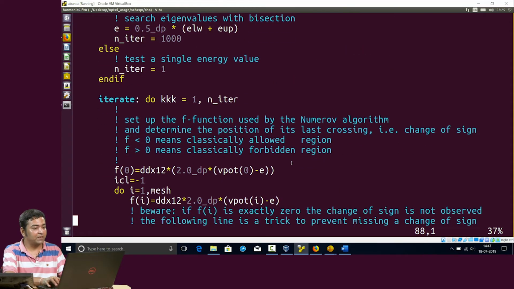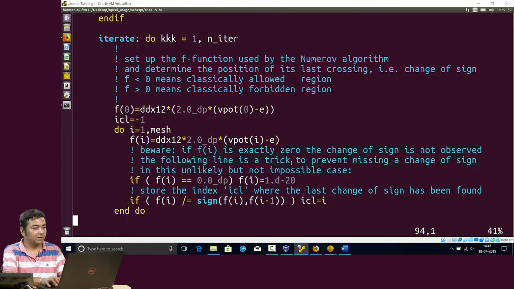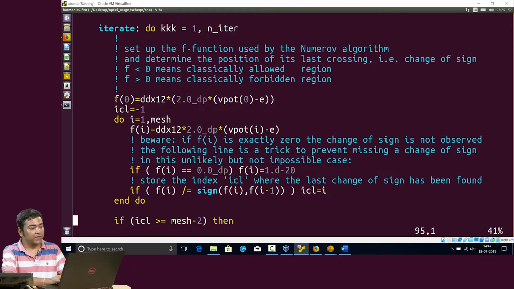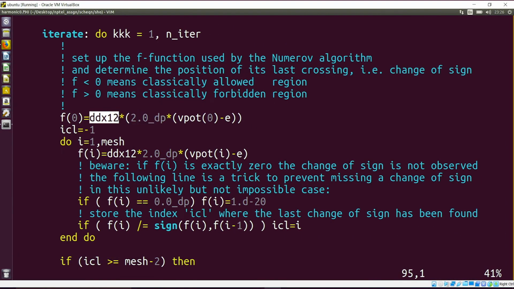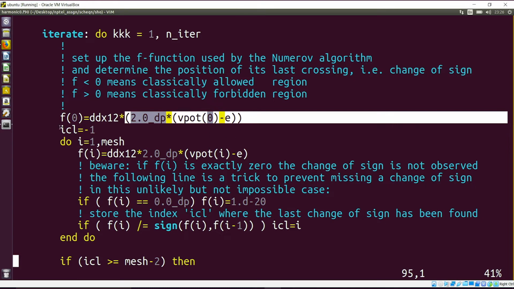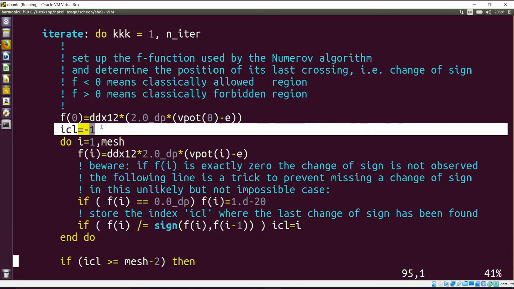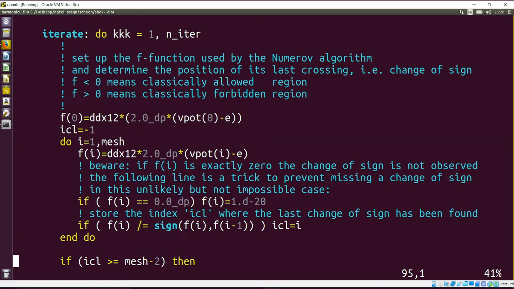Now, this is the main loop where the wave function is being constructed. This is my f at 0, that is, at the beginning. This is delta x square by 12 into this potential, which we are using several times. Then we try to find out the classical point of inversion. In the beginning we set it to -1, and then we start the integration, going over the whole mesh from i equals 1 to x max, and at each point we calculate this quantity f